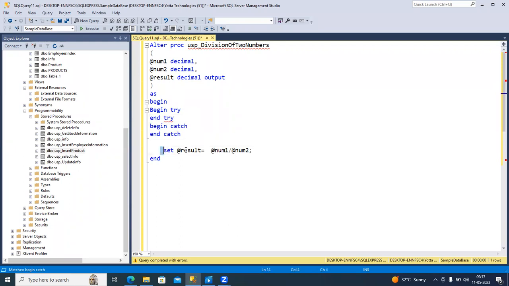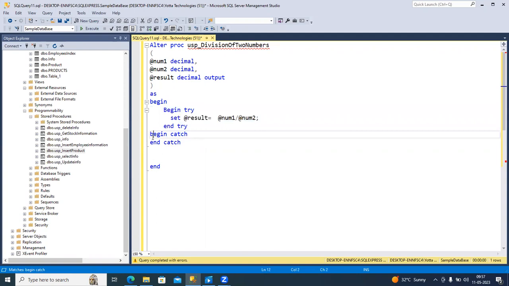In the begin try, whatever the logic which may raise the exception, just put that logic in the try block,